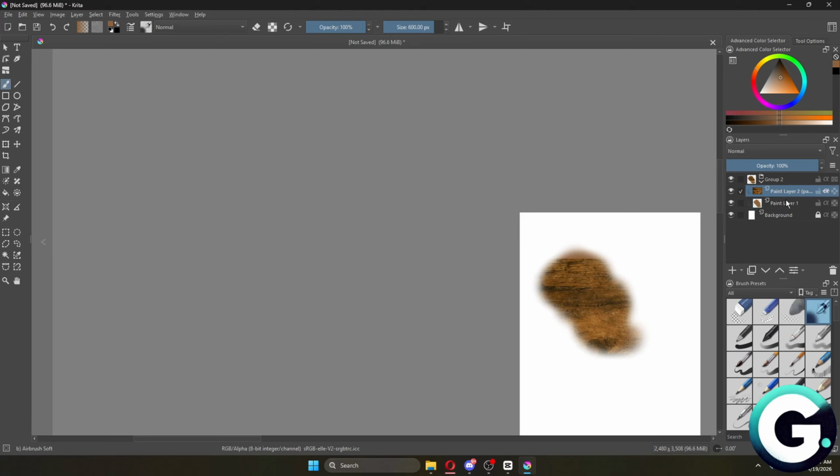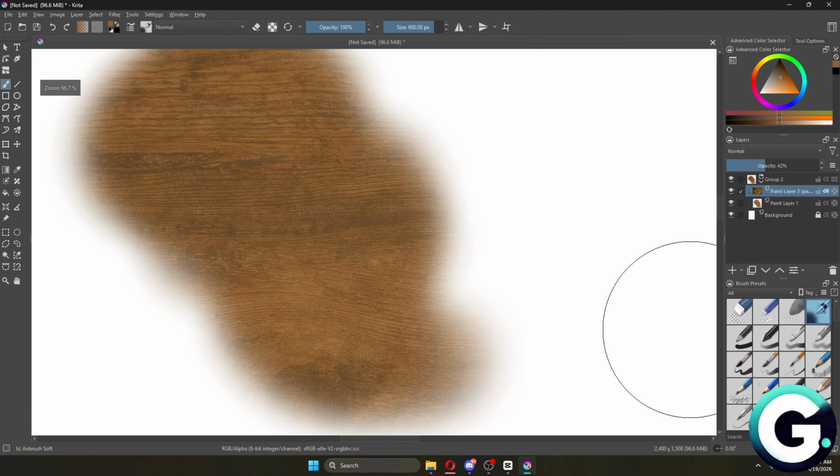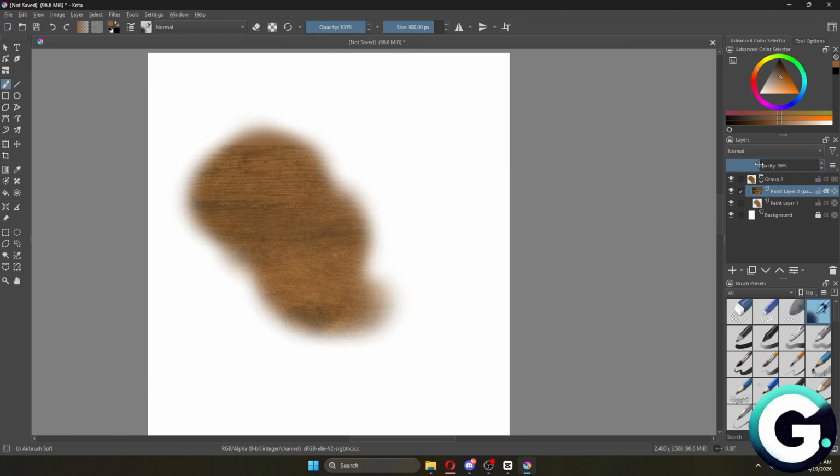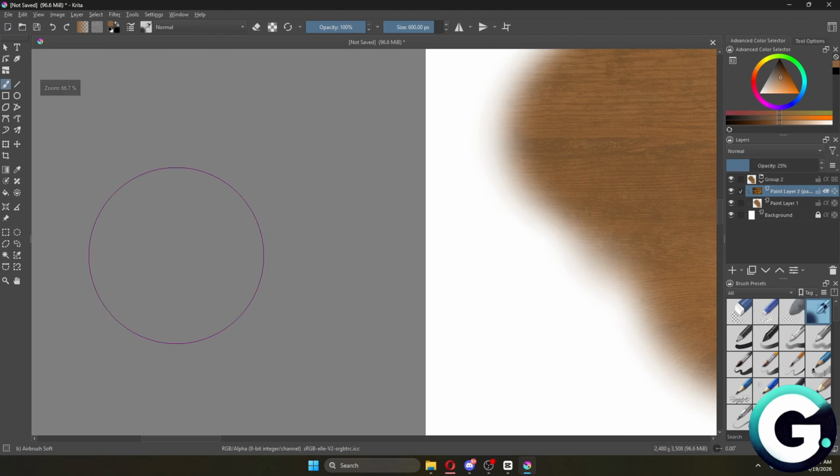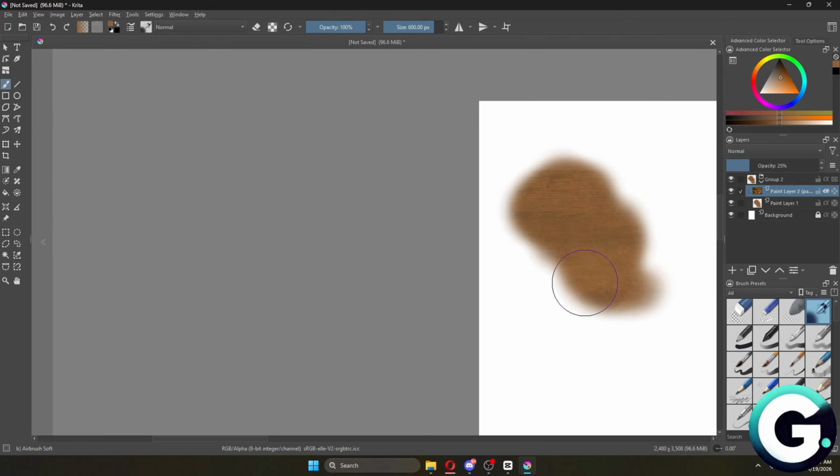So to proceed, let's click on the wood texture. You want to lower down the opacity, and from there you will get this wood texture into this specific layer. Once again, you can then adjust this or apply this to any one of your layers, but that's how